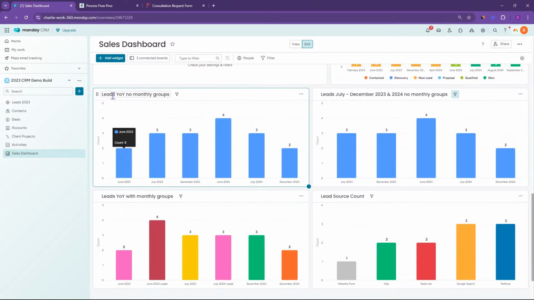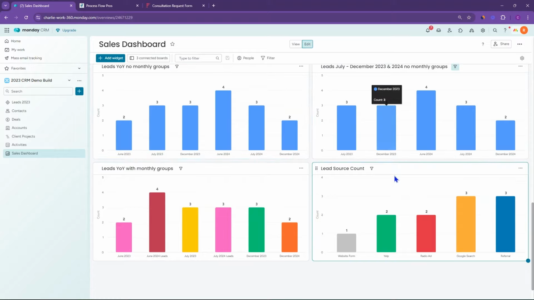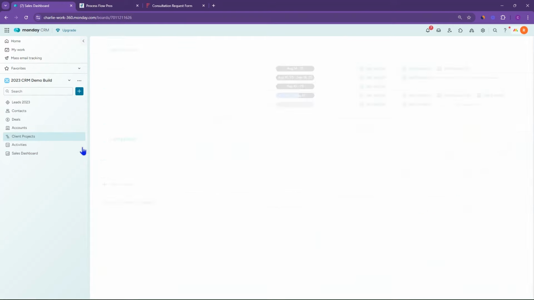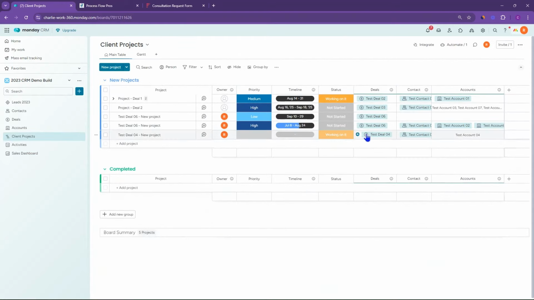So how many leads are you getting each month, year over year? Here's where we are in 2023, 2024, what we're forecasted for. And then lead source count, how many leads we have coming from each lead source. So it's a really nice platform that can visualize everything, from your projects to your sales process. But really, the real game changer here is being able to track a project after a deal